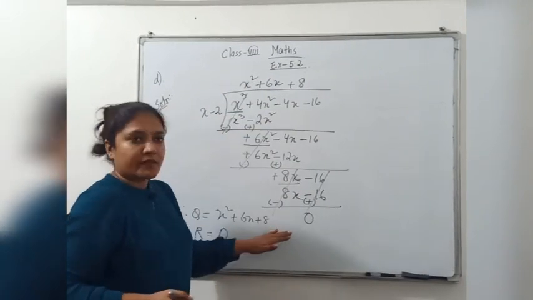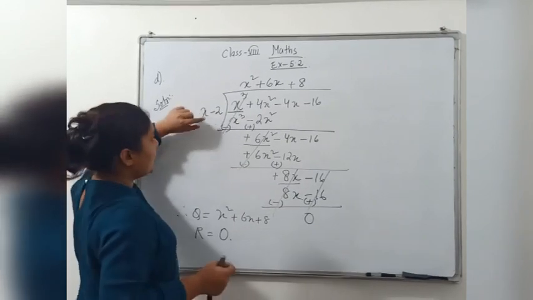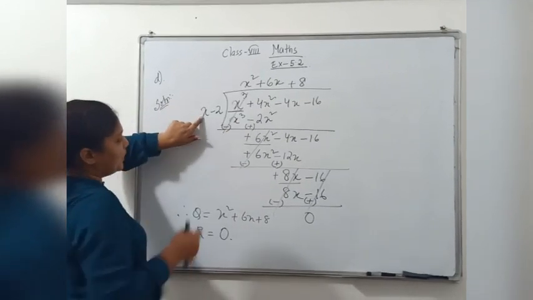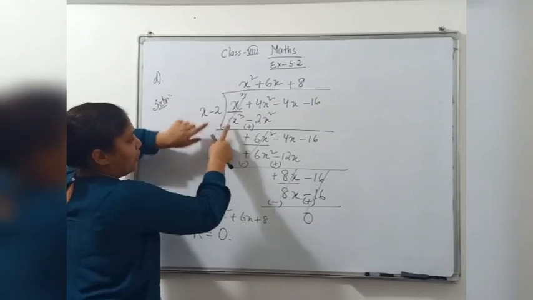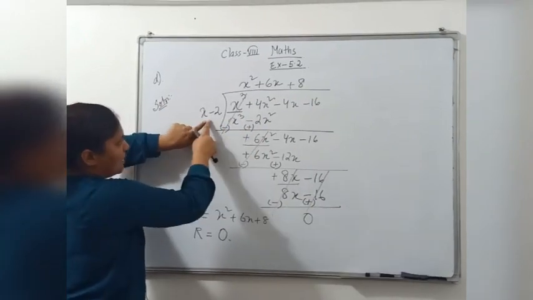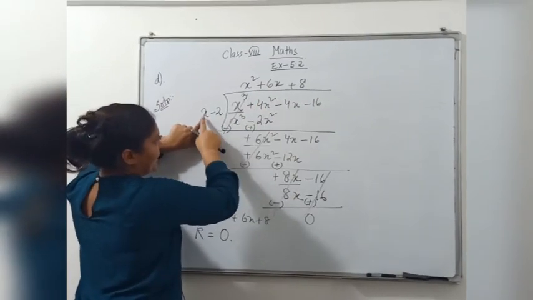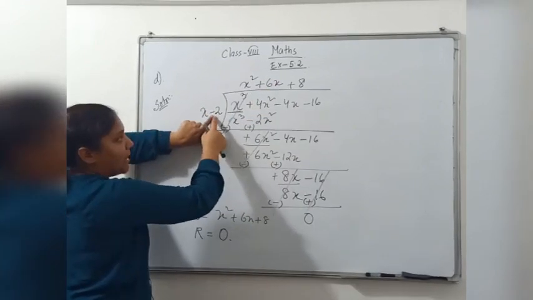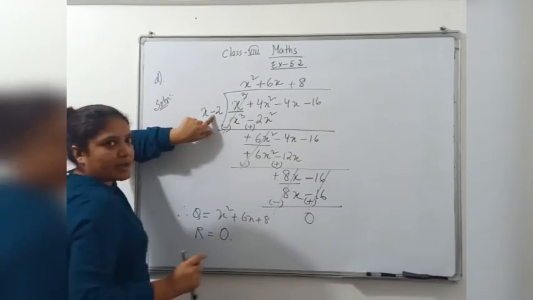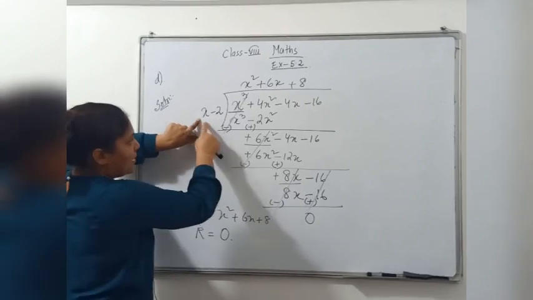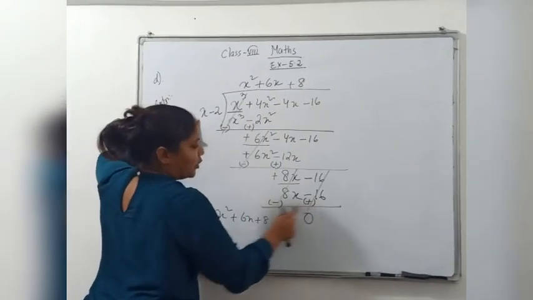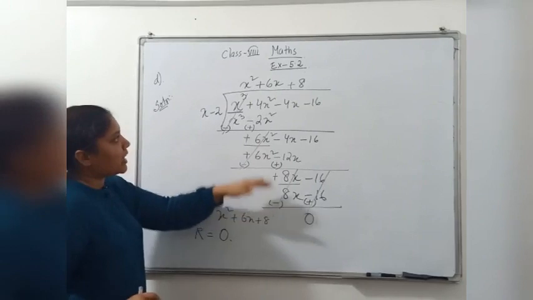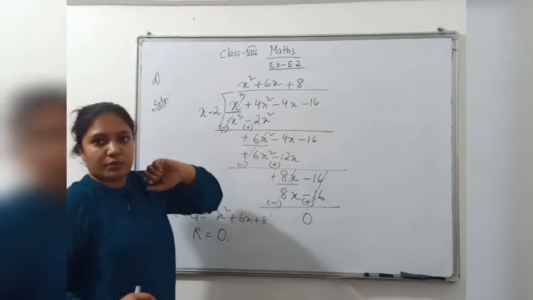This we have done same as the first method, right? What we did? First number we multiplied with this number, then again with this number and we wrote it in the first line. Then with this whole number we multiplied the second number once with x, again with minus 2 and we wrote it in the second line, right? Then again this number we multiplied with 8 and we wrote it in the third line. When we came to third line there was no work of this two, right?